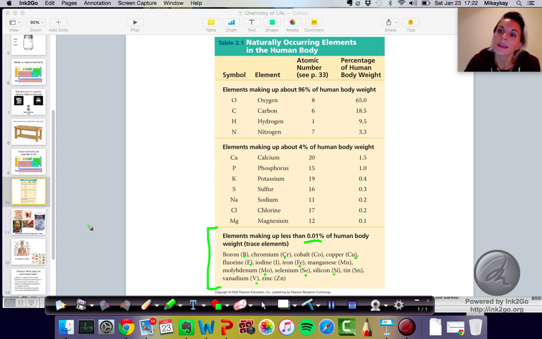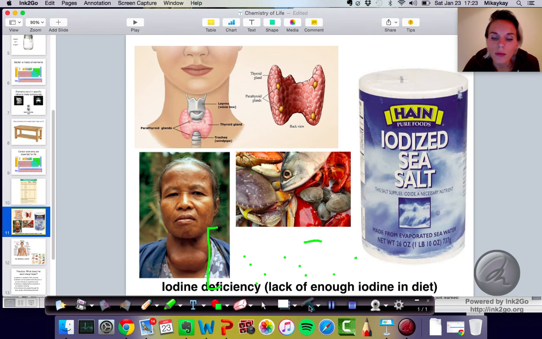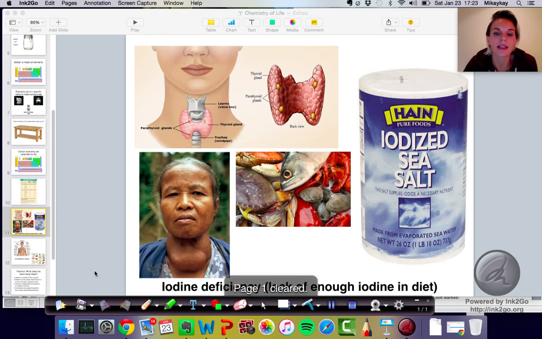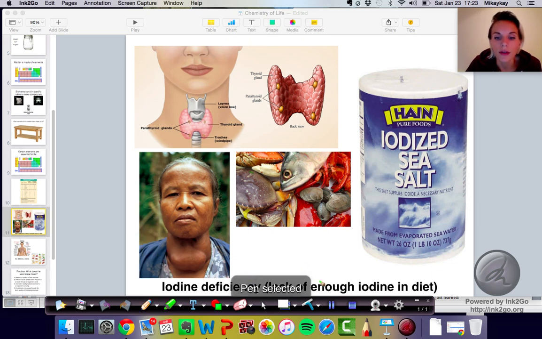So you might be asking, well, that's interesting, but what happens if you don't get enough? What kinds of things happen, right? In the textbook, it talks about what happens if you have an iron deficiency, and it talks about iodine deficiency. One of the possible things that can happen if someone has a deficiency, meaning that they don't have enough iodine,